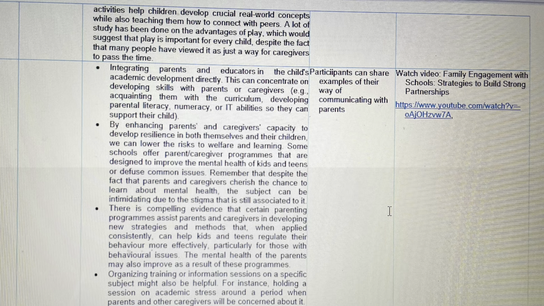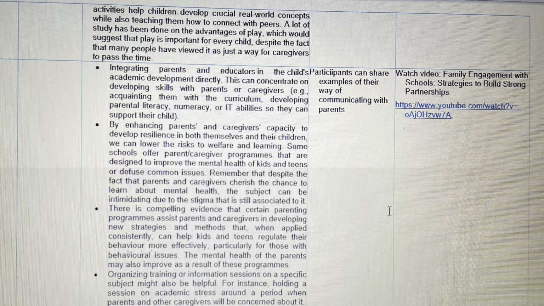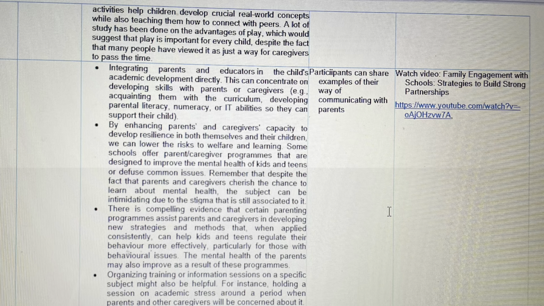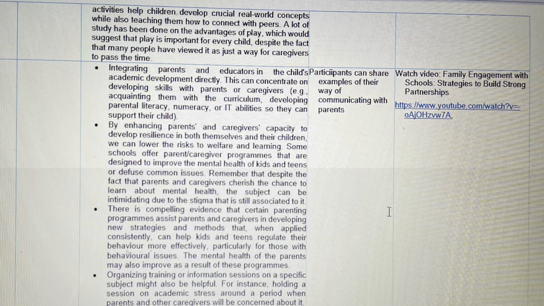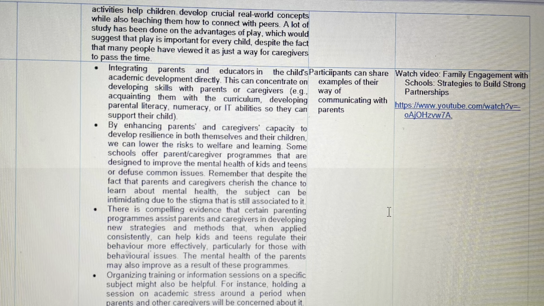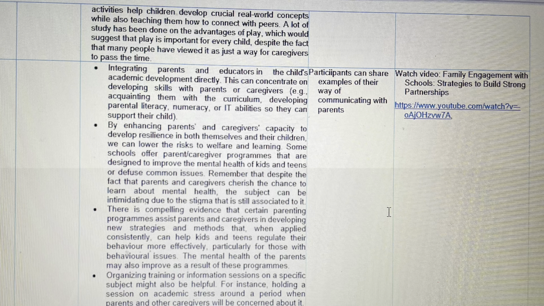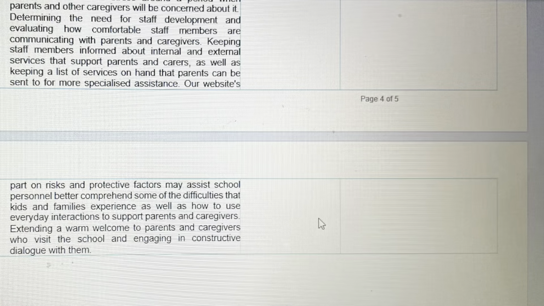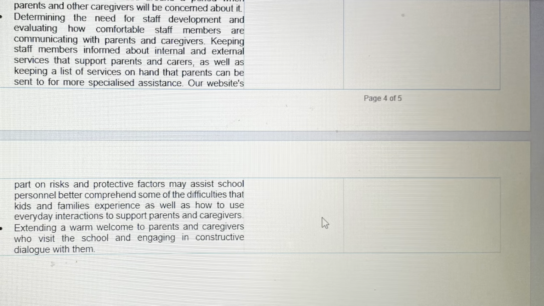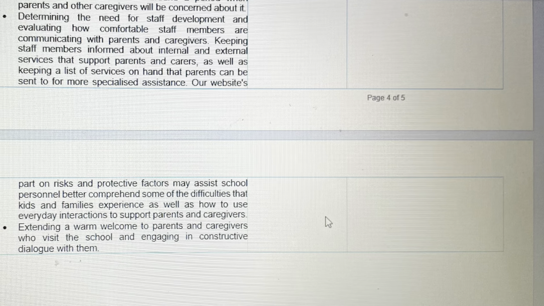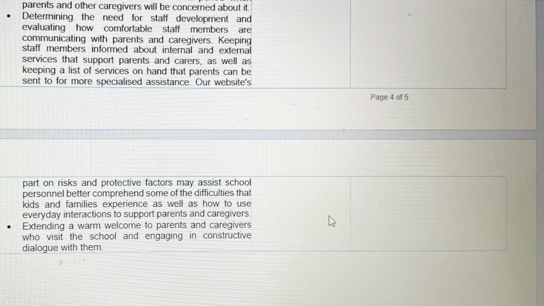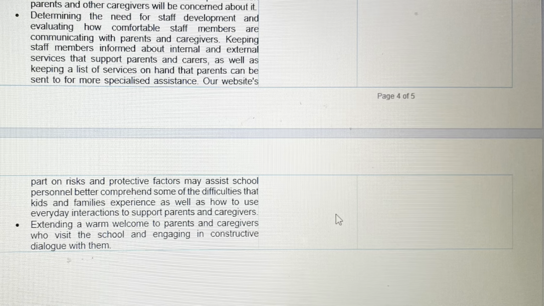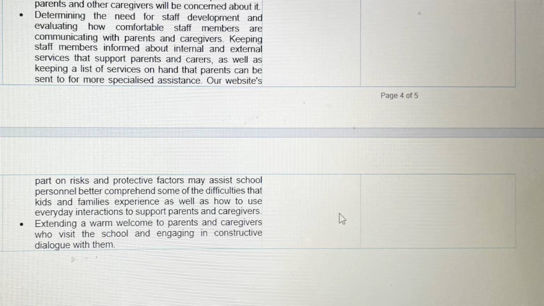For instance, holding a session on academic stress around a period when children and other caregivers will be concerned about it. Determining the need for staff development and evaluating how comfortable staff members are communicating with parents and caregivers. Keeping staff members informed about internal and external services that support parents and carers, as well as keeping a list of services on hand that parents can keep or send